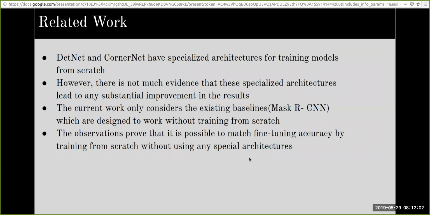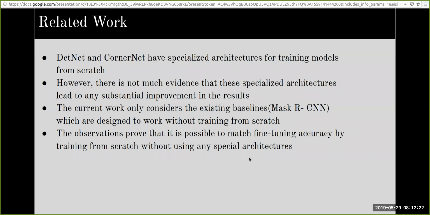In this work, the authors considered using existing baseline architectures with a couple of changes. One is to train the model for more iterations, and the other is to use batch normalization alternatives like group normalization and synchronized batch normalization.